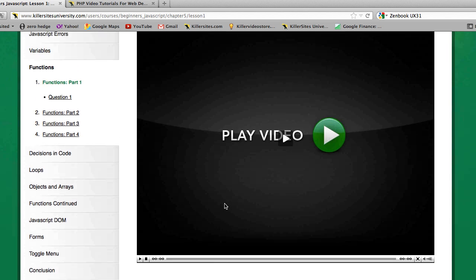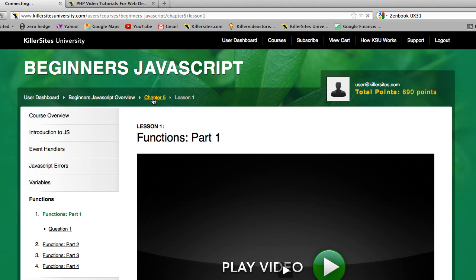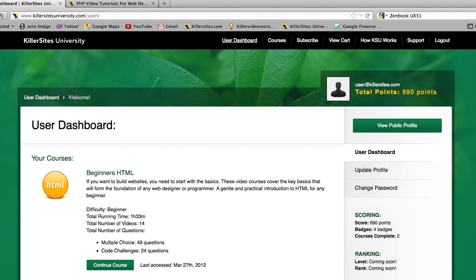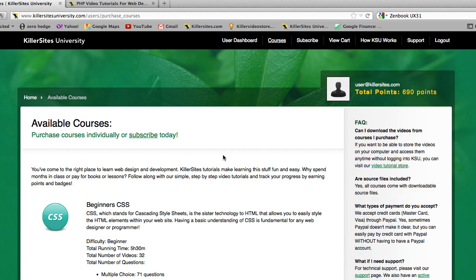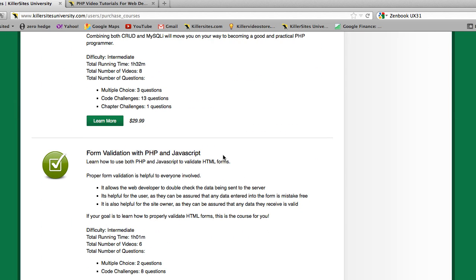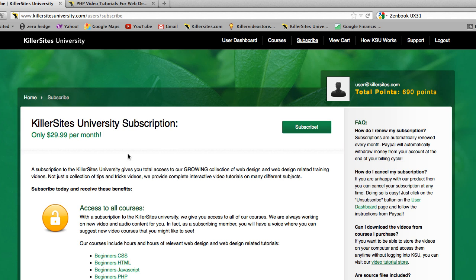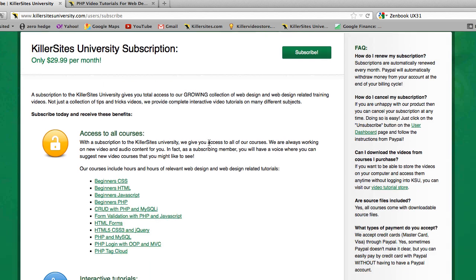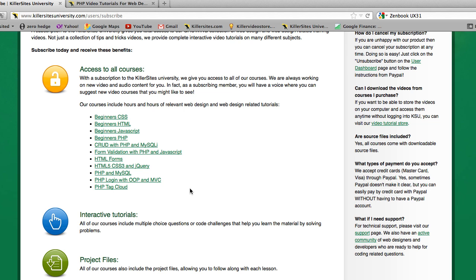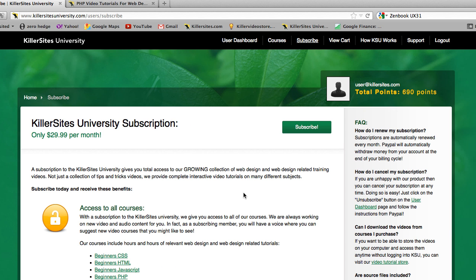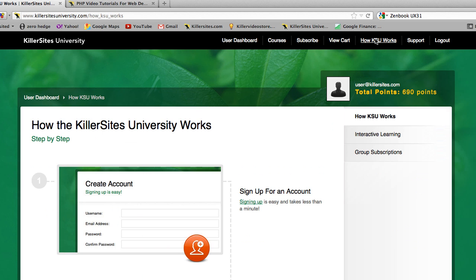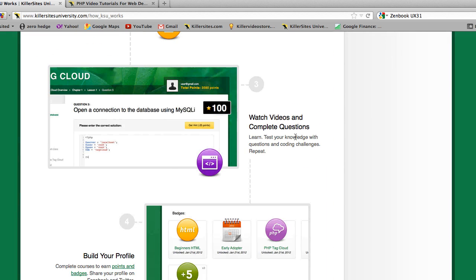And you just go through the course like so, and you can, of course, track where you are with the breadcrumbs. It's pretty cool. Again, all the courses come with source files. You can pick up individual courses. Some are free, most are paid, or you could subscribe, and the subscription's pretty affordable, $29.99 a month. And we have these courses at this time. There's more coming out in the future. If you want a more detailed view of how it works, we have our how it works pages, interactive learning, and